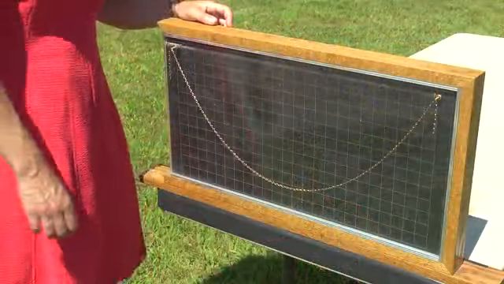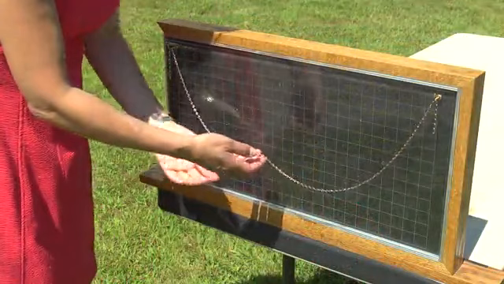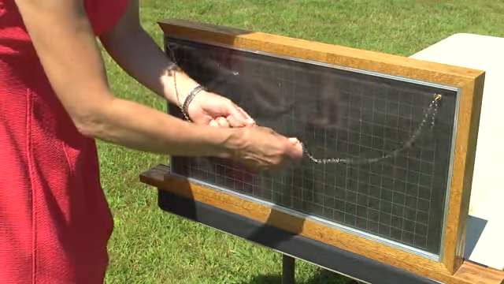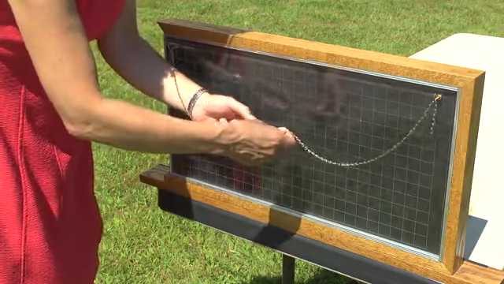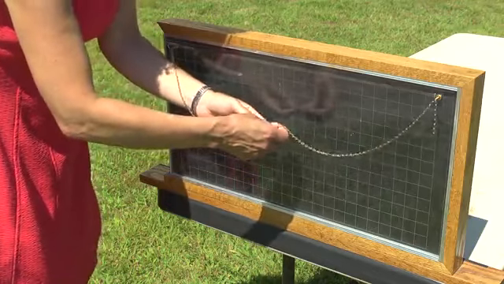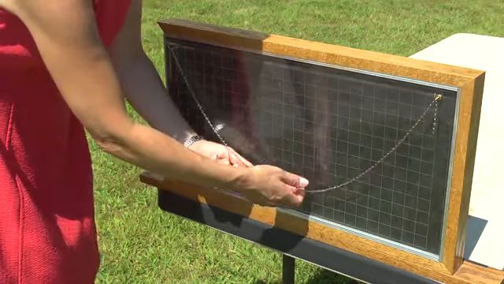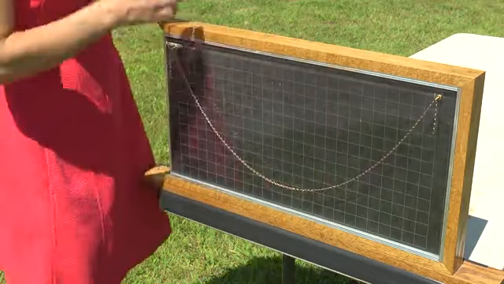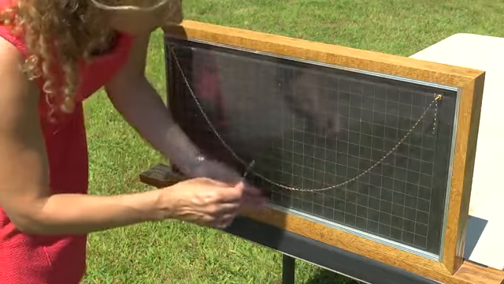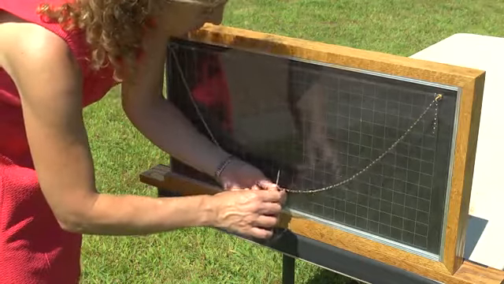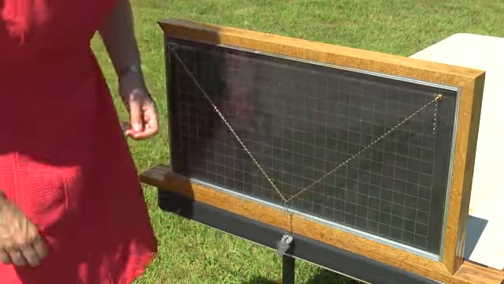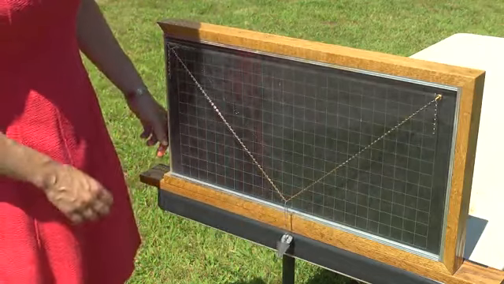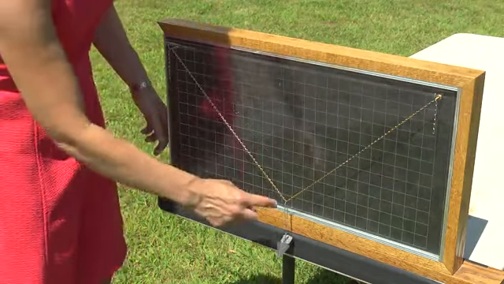In this demonstration, this chain represents the cable of a suspension bridge. We know that the chain can only take tensile forces. It can't take any compression forces. It can be stretched, but it can't be squeezed. So let's look at how the shape of this chain changes when we add loads. If I add one load right in the center, we see the V shape that this chain takes. But if I add load continuously along this whole chain,